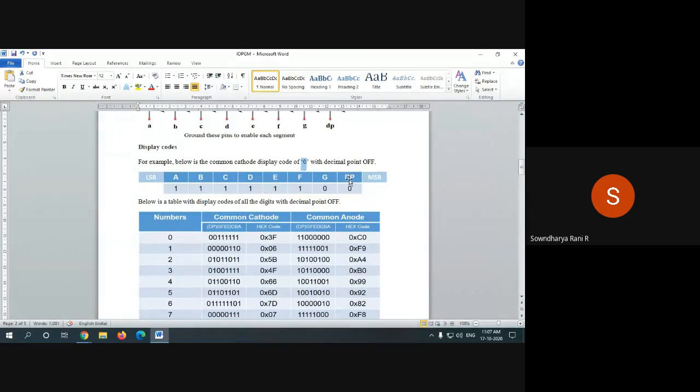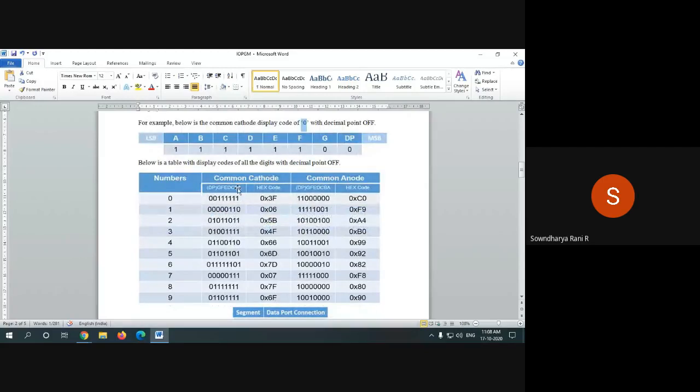The decimal point is off since you are putting 0 here. On the same thing, if you want to do it in a common anode, you should reverse it. So G and DP should be 1, and the others should all be 0. That is what is explained here.